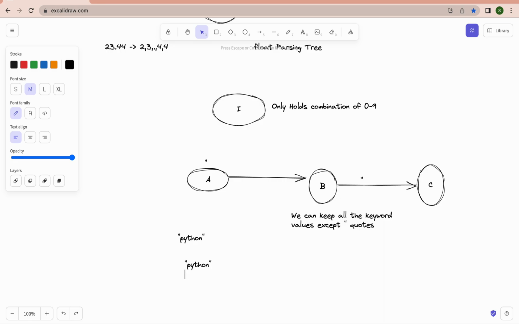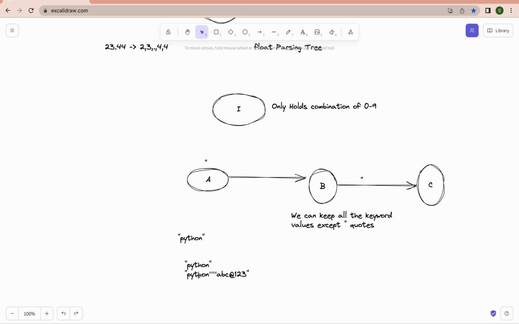Okay, suppose I am writing here within double quotes, I am writing PYTHON, then I am writing a single quote, then I am writing ABC, then I am writing here at the rate 1 2 3. Is it matching or not? Yes, it is matching because you are starting with double quotes. Okay, then it will go to the B. It is in the B, it is matching. B means everything except double quote.